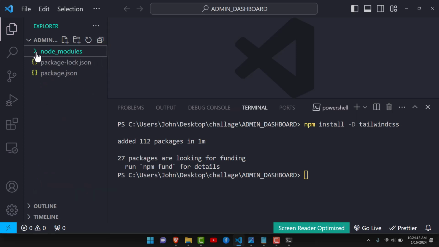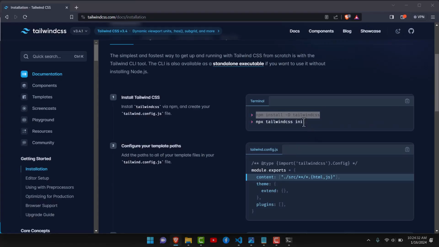Just understand that that's Tailwind. It will be working in the background to help us to style our work. We also have the package-lock.json, and we also have the package.json. So those files will be using them, but not like directly. So the next thing that we need to do is to now install the